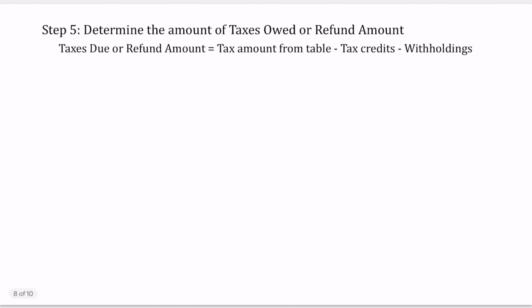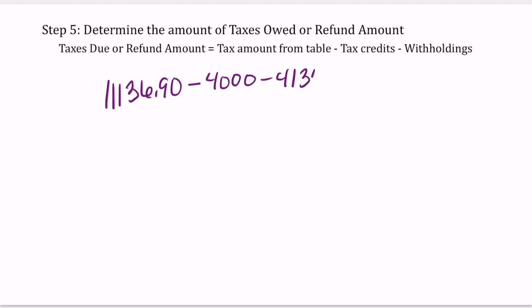Step 5 is our last step, where we're going to determine the amount of taxes owed or refund amount. We're going to take the amount of money we got in step 4, where we calculated the taxes owed. Using the amount of taxes we calculated, we're going to subtract any tax credits we are eligible for, as well as any withholdings our employers took from our paychecks each pay period. For Maria, she is eligible for $4,000 in child tax credit, and her employer withheld $4,135 from her paychecks. If we subtract that from the $11,136.90 that she owes, we will see that she still owes